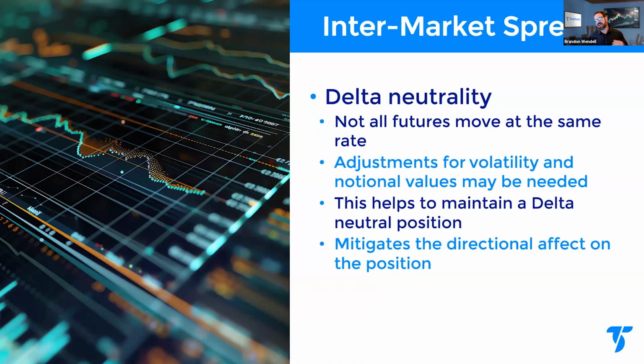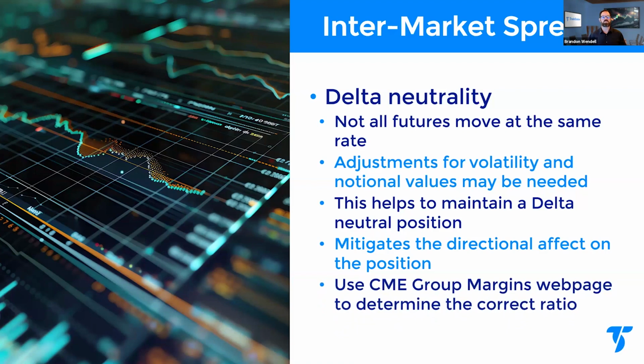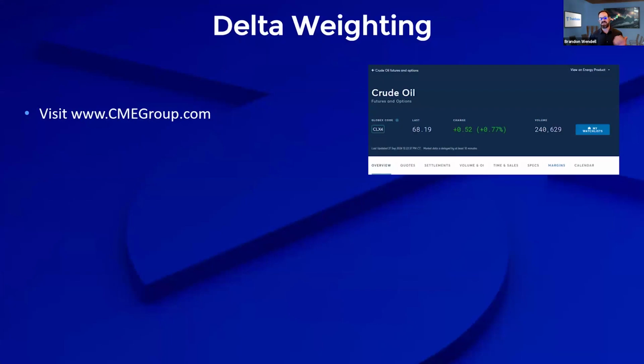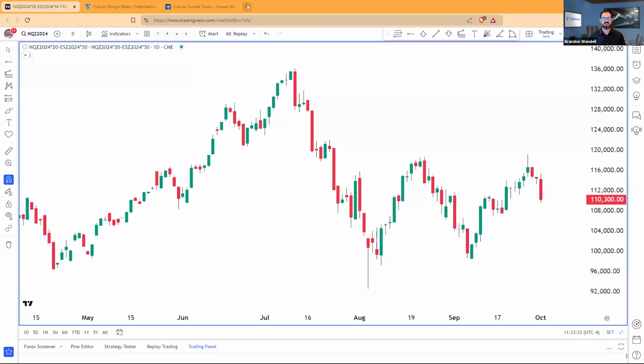Now, you don't make it up and there's no calculation you have to do. You just simply look it up. So the CME Group margins webpage will actually show you the correct ratio to use. It's pretty simple. You go to the CME Group. You can actually go to any security on their webpage and you go to the margins page once you bring it up. Crude oil is the example I used. Literally, I'll show you how easy it can be. Just go out to